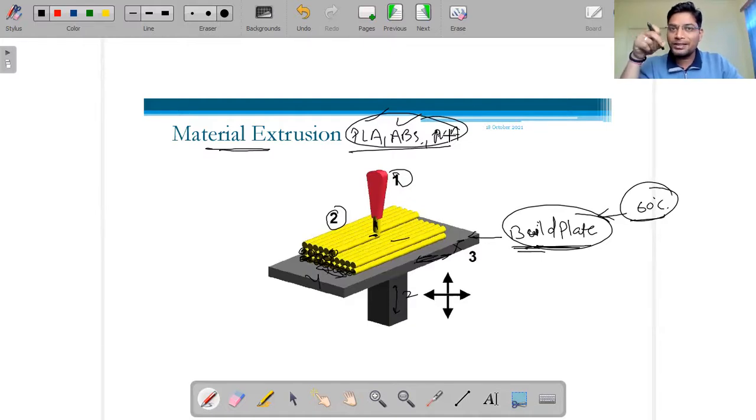If it does not stick to the plate surface, there may be a chance that it will move along with the nozzle, because the material released from the nozzle should stick to the plate, then only it will not move along with the nozzle. This happens in ABS material sometimes, but with PLA there is no issue.